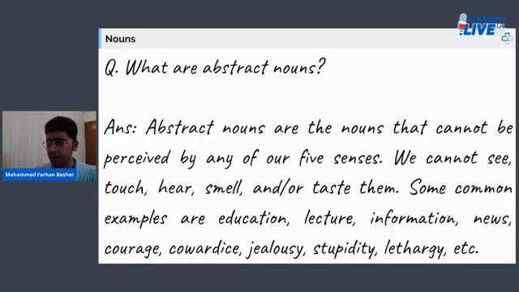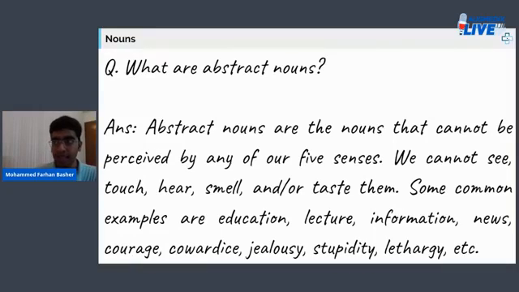Such as, for example, let's take a look at the common examples of abstract nouns. Some common examples are education, lecture, information, news, courage, cowardice, jealousy, stupidity, lethargy, right? So laziness of a person is understandable, but it's not visible in any concrete form, is it? It's not. Courage or bravery of a person is understandable, it's recognizable, it's acknowledgeable, but it's not visible or touchable as if it is a foam, or as if it is a brick, or as if it is something concrete,